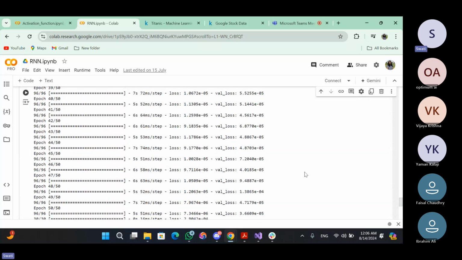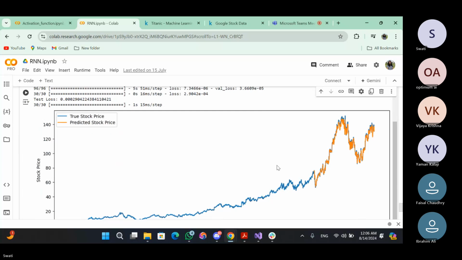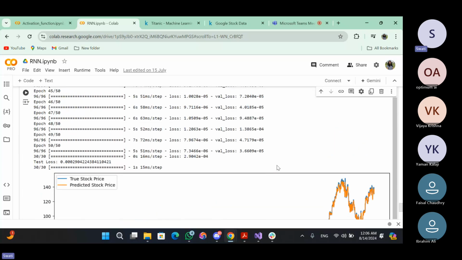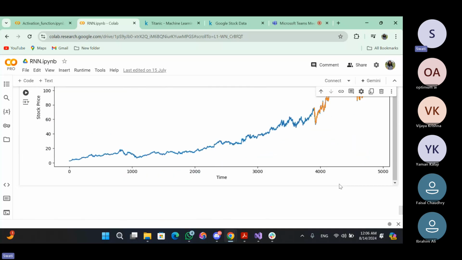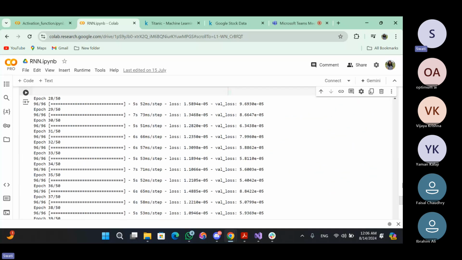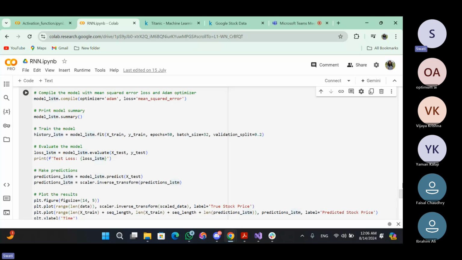So again, we will run this and see. Earlier, I think it was 0.002, approximately up to this value also. So this is not much changing with using LSTM. The output is approximately same here. So if this happens with your case, I will say keep the model to simple RNN only. Okay, maybe simple RNN is working good for your model. So you need not go to LSTM